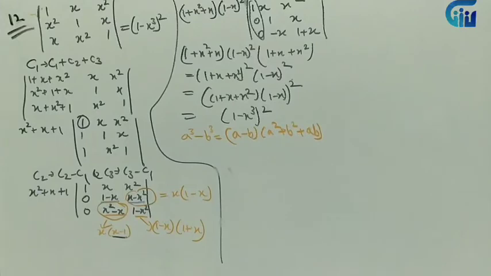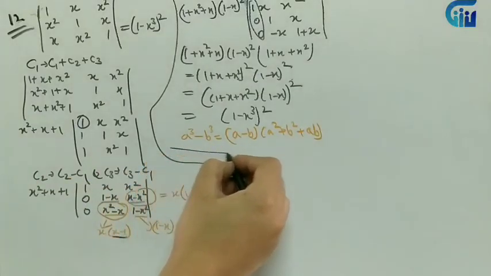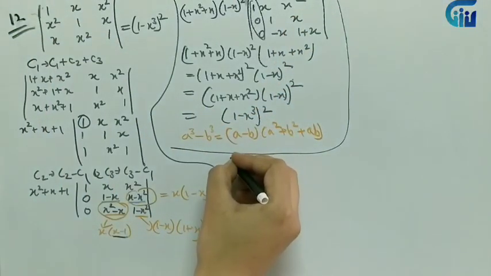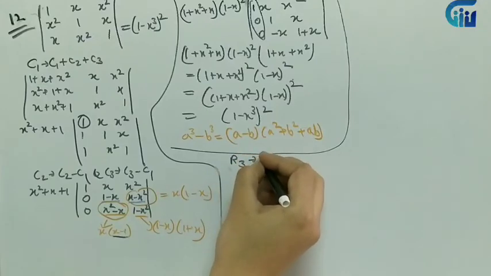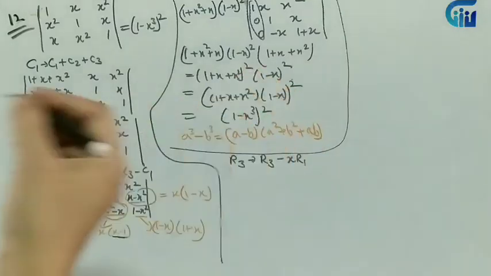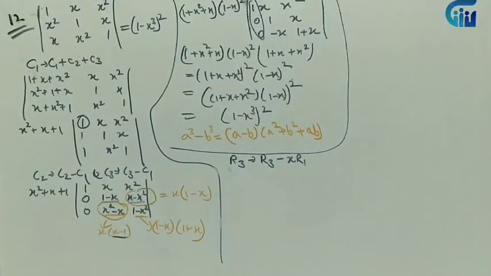There is one more method of doing this particular question. Again, this is our standard method. Now with passing time, when you will be solving many questions based on this, there will be certain things which will directly come to your mind. Like over here in this particular question, another method of solving it is to apply an operation R3 minus x times R1, and I'll be able to obtain the answer in 2 steps. So let's see.